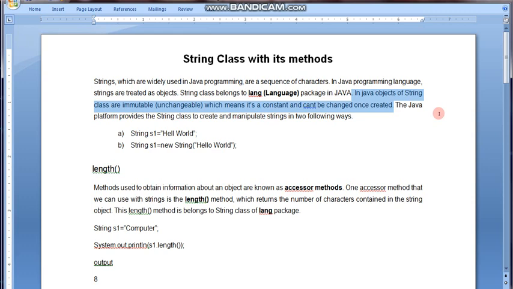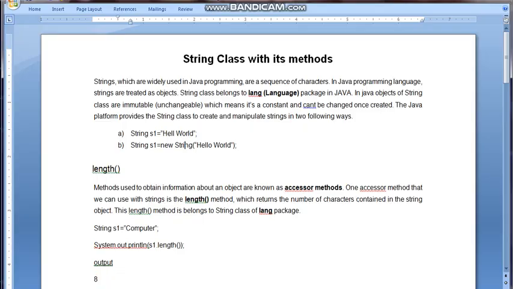There are two ways we can create an object of the String class. One is String s1 = "hello world" and the other is String s1 = new String("hello world"). Let me show you an example in the NetBeans editor so you can understand better.